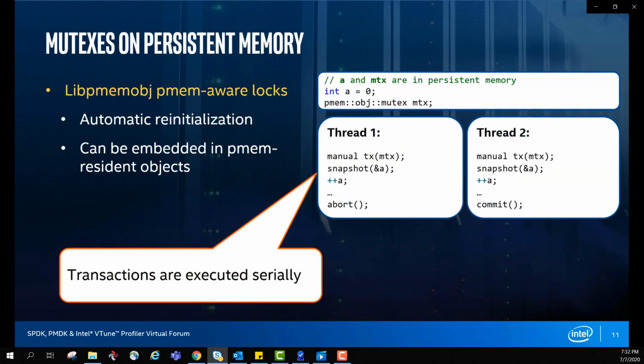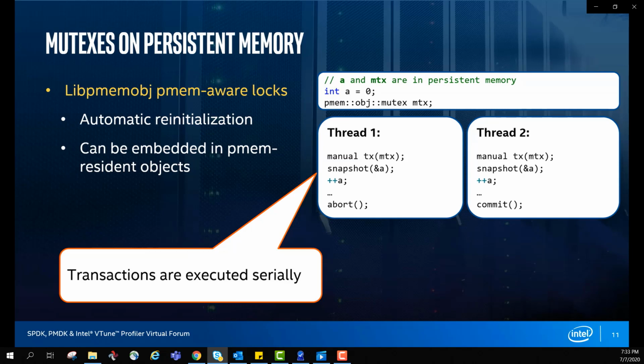You can see on PMM there are actually 2 possibilities how you can use logs. You can use either regular volatile logs managed by your application, or use PMOpt PM-aware logs. Those PMOpt PM-aware logs can be safely stored on persistent memory, and they are automatically reinitialized on each process restart. In this example, you can see that we store PMOpt mutex, which has an API very similar or even the same as the standard mutex from C++ standard library, and we can pass reference to this mutex to a